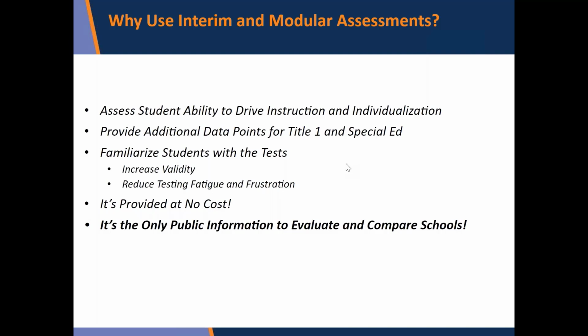And the modulars, as you can see from the earliest slide that I showed, and you'll have the link to it, I think there's 85, but there really is a number of those tests. And then the other thing is that testing fatigue and frustration is a reality. The students, if they are having difficulty navigating through these tests, going back to the reading and rereading, answering the questions in the reading test, answering the questions in writing, when it comes to the science, coming up with ways to demonstrate what they know in the different topics in science, because a lot of those are trying to look like they're assessing the students' knowledge and ability to synthesize.